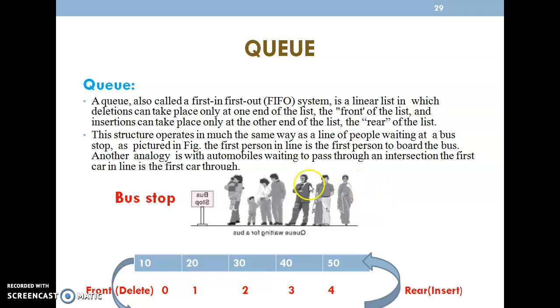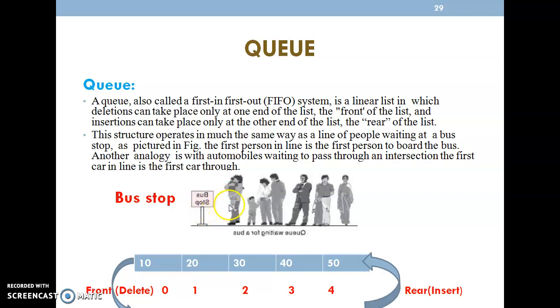In the example I took earlier, the bus stop was on this side and people were standing on the other. But in this one, I have flipped the image. I have taken the bus stop on this side so that people come from the right end and move to the bus from the left end. Why have I done this? Because array values always start from the zeroth location. So in order to represent it properly, front will be on this side and rear on the right side. Okay.